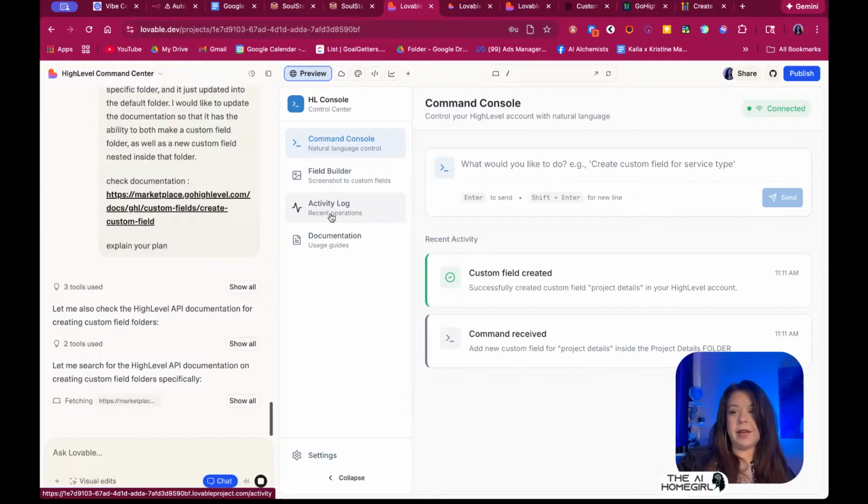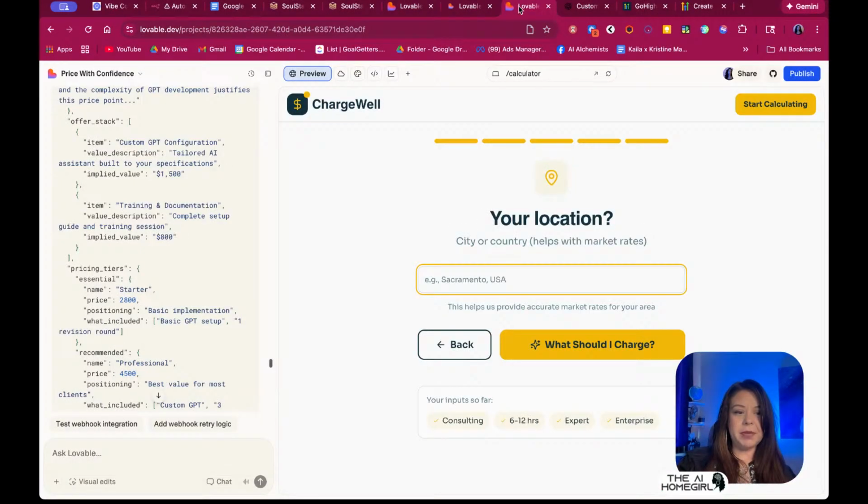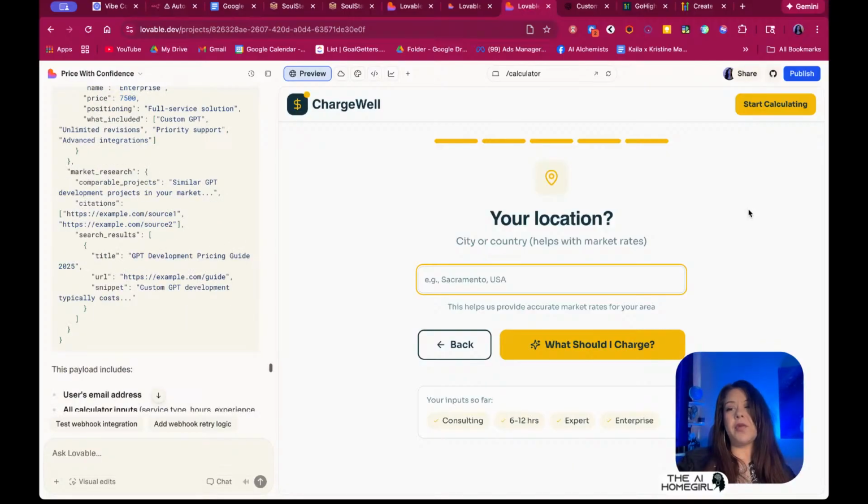I'm committing to live streaming every day. I'm just being ridiculous. All right, so I'm trying to have it create these custom fields for this new app